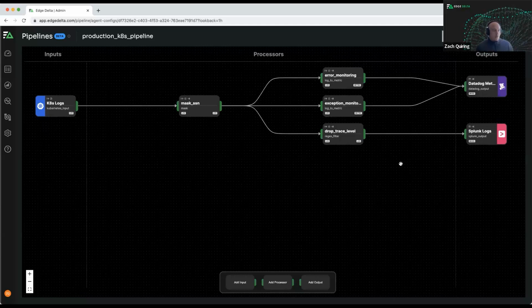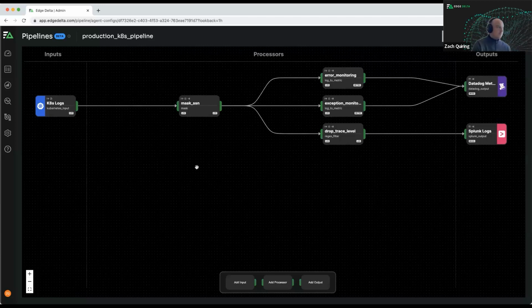Perfect. Yeah, so really appreciate you going into detail about some of the basics, the concepts, and some of the foundations as to why we developed and released the visual pipelines experience. So far, it's been a lot of really good feedback and really up-leveled the experience of working with processing, managing, observability telemetry data. So in this demo, basically just want to go through a quick walkthrough of some of the core capabilities, walk through a couple different use cases, and show the basics and fundamentals of how the